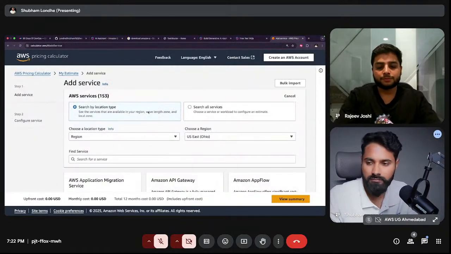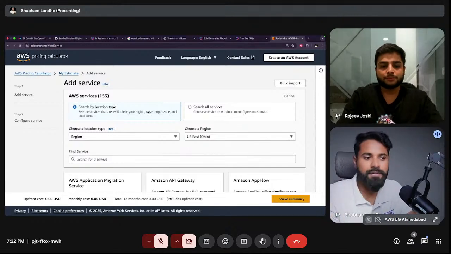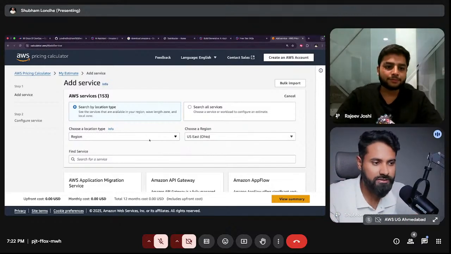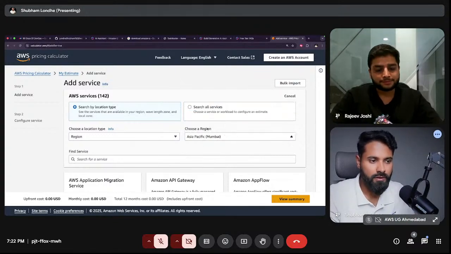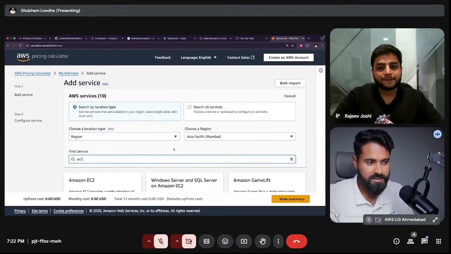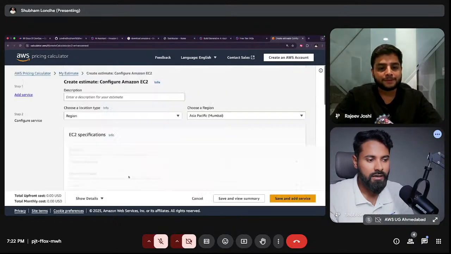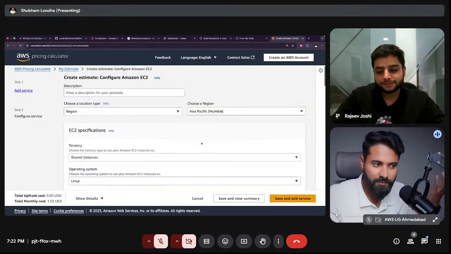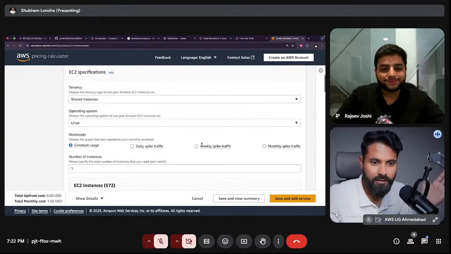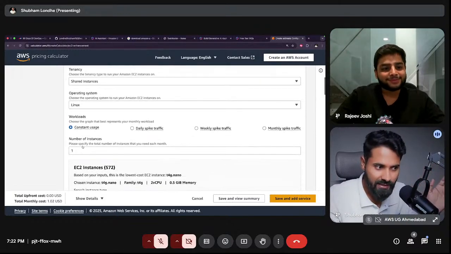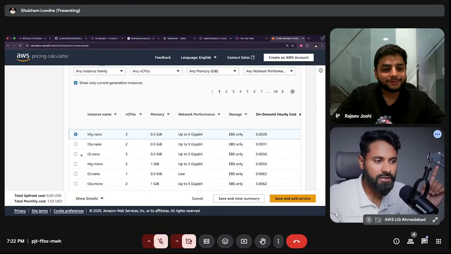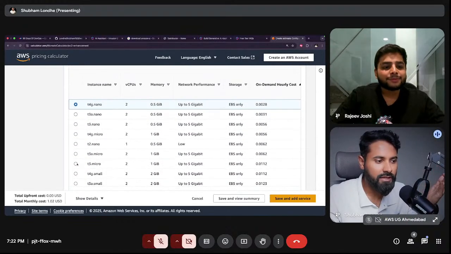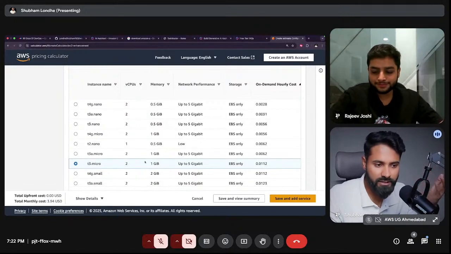For example, sometimes we keep a service running and we forget. Say I have a Mumbai region and an EC2 instance, which I somehow kept running constantly, one instance, let's say T3 micro, which is free tier.